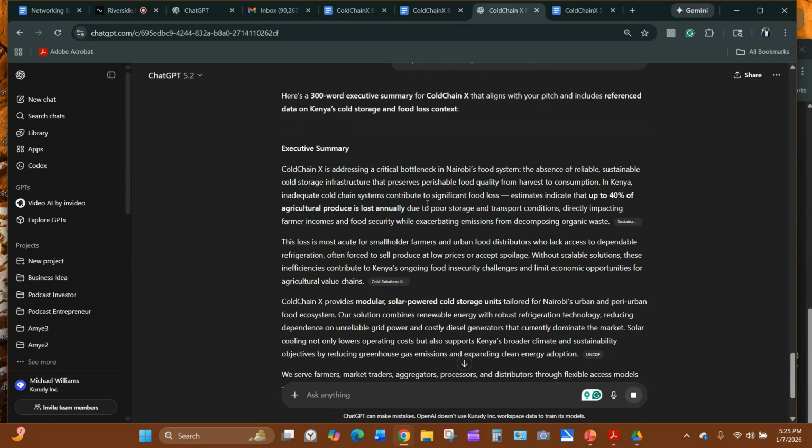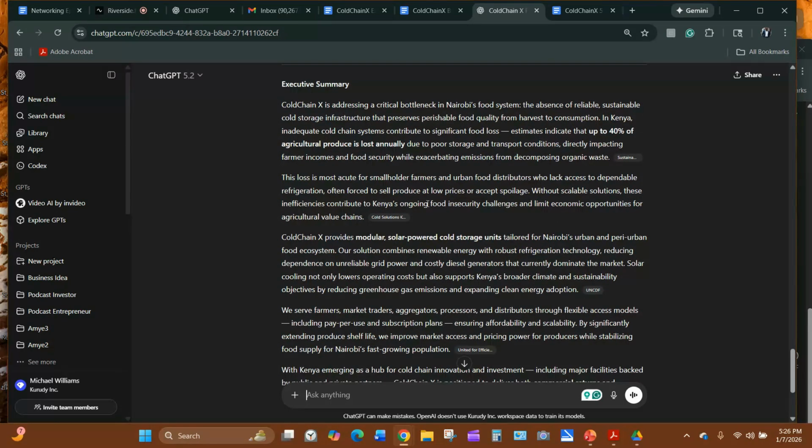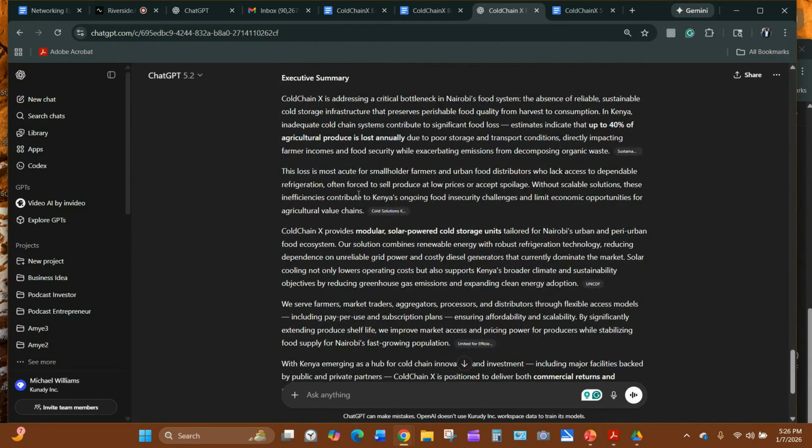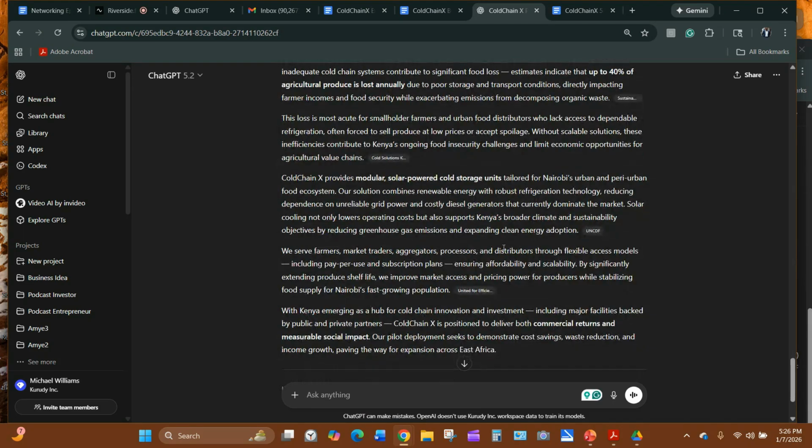So then as you can see, it'll go ahead and provide you a 300-word executive summary. I typically say 300 words, and the reason is that it's about as much as you can fit on one letter-size page. And if you want to put an image in there, whether it's your logo, the website you're working on, or your product, you can put that in there and also have your logo without it going to 2 pages, and you'll have more than enough space,